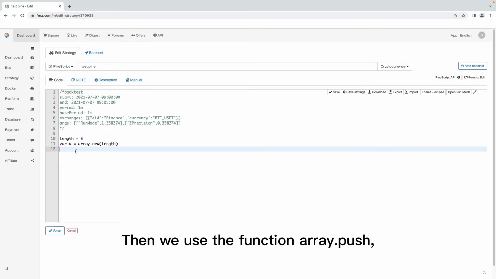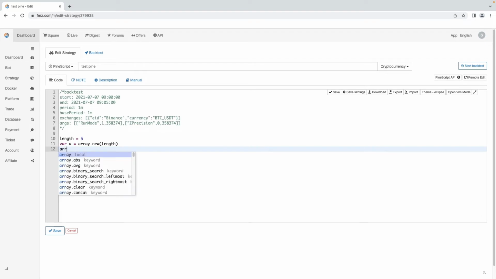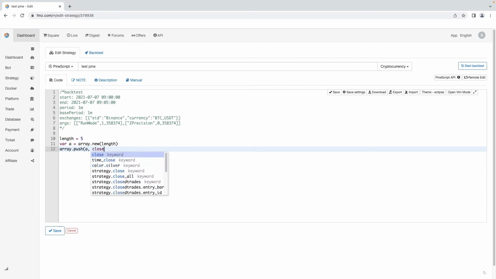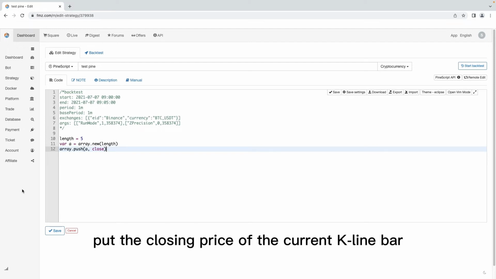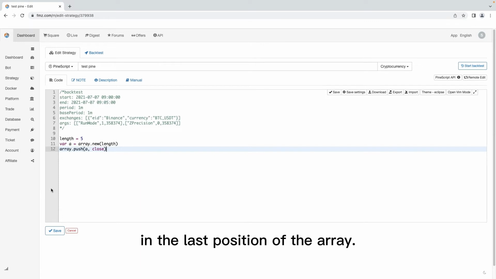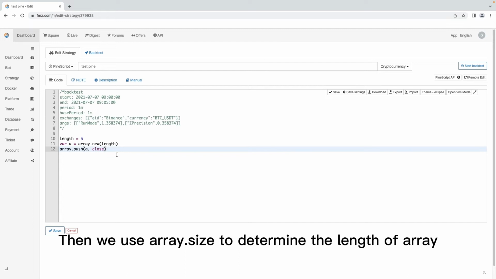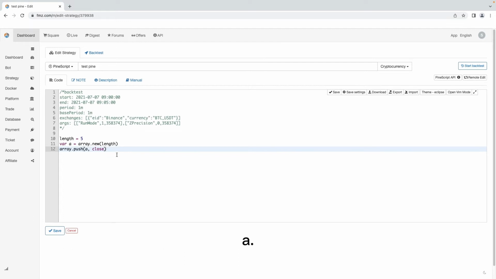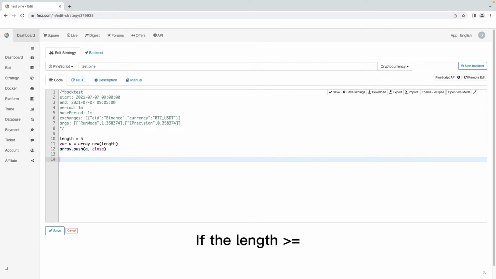Then we use the function array_push. Write a, close here. That is, put the closing price of the current k-line bar in the last position of the array. Then we use array_size to determine the length of array a. If the length is more than or equal to length,